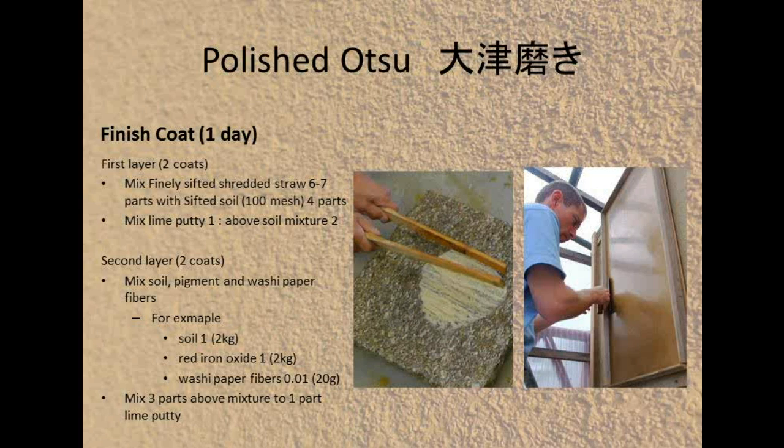And I remember asking my teacher once, why can't we just use a blender to cut up these fibers? And he's like, no, you need to use bamboo. I've never tried a blender. Maybe it works. But